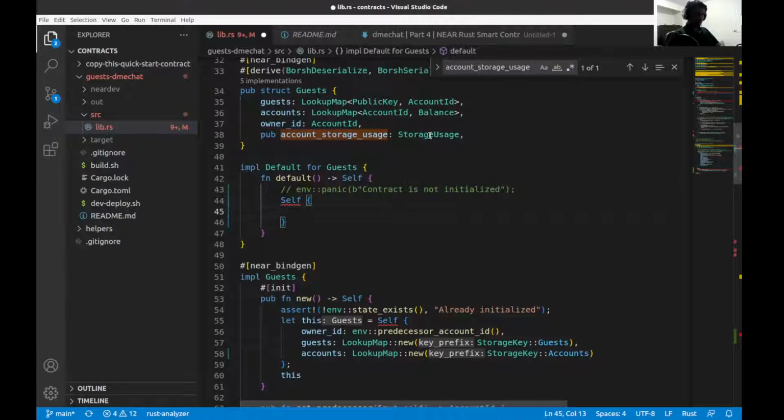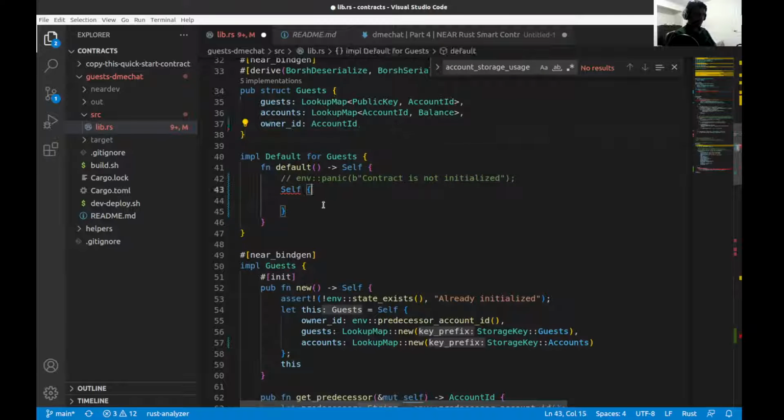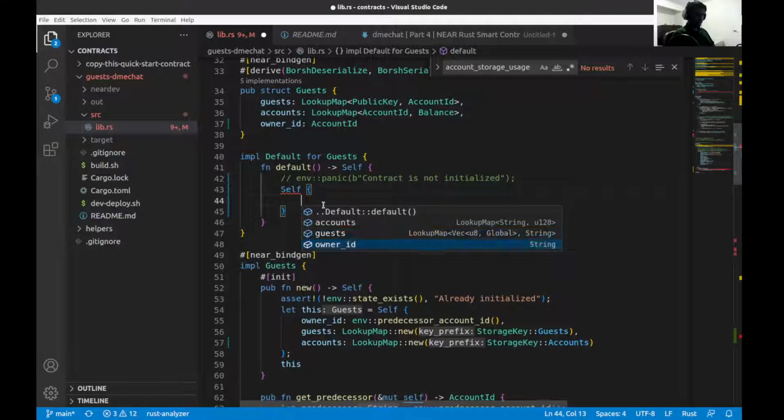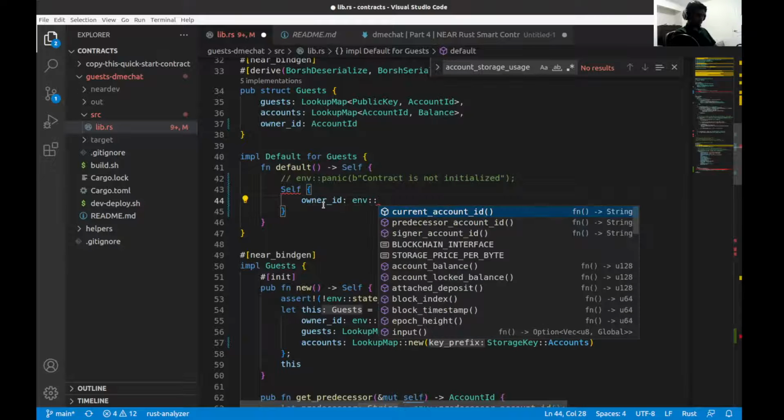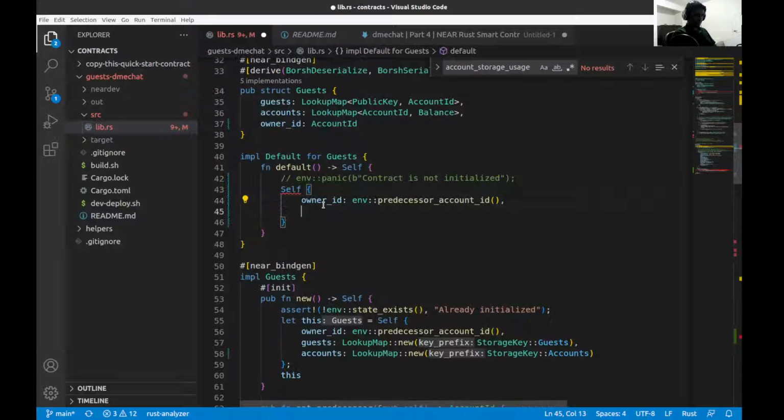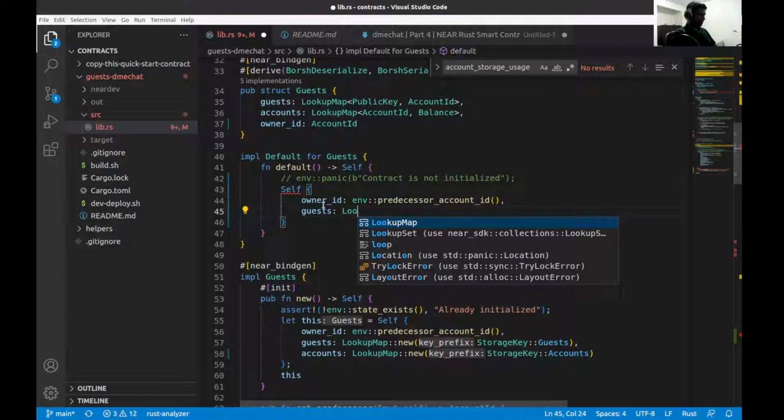And we don't need this. We can get rid of this one as well. So the owner ID may be required, correct? Yeah, it is. So let's see, owner ID is predecessor account ID, and then guess are set to a cup map